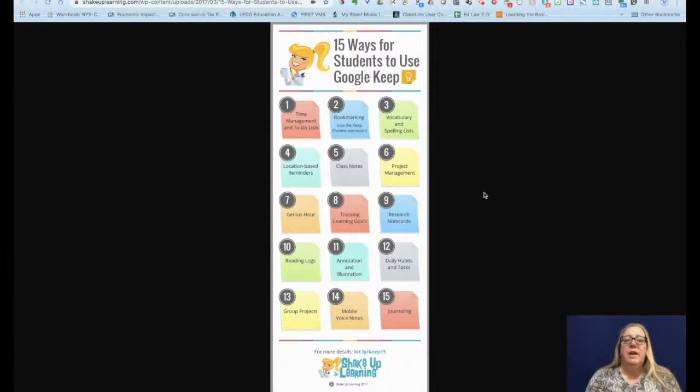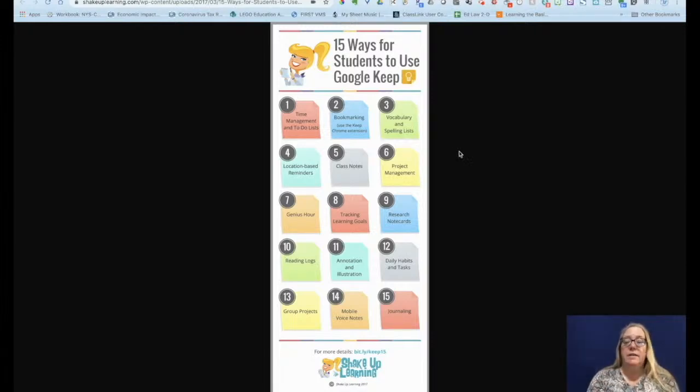She has 15 different ways that students and even teachers might be using Google Keep, from time management and to-do lists to that bookmarking feature I showed you using the Keep Chrome extension, making lists of various things and reminders, making notes about classes, managing projects, with the ability to share your notes with other Google users, organizing ideas for Genius Hour project, tracking learning goals, doing research note cards like we used to do in the olden days,